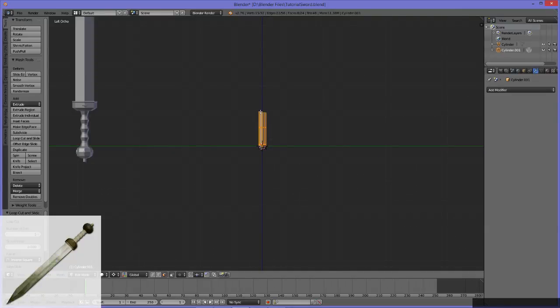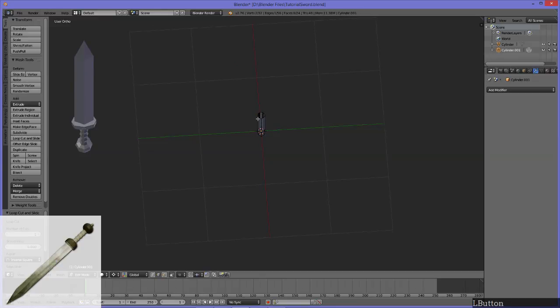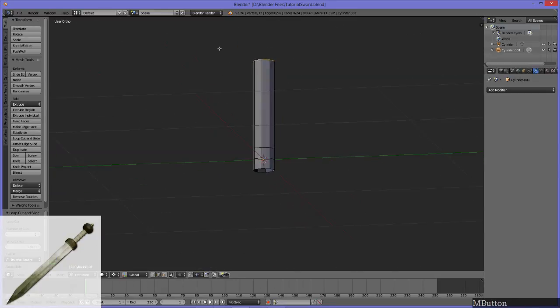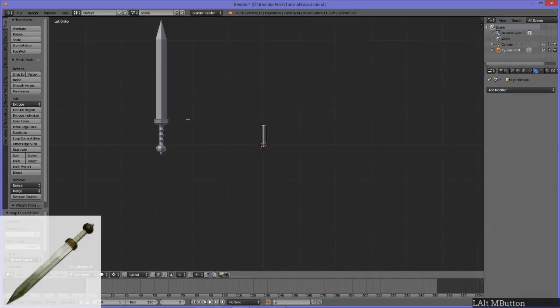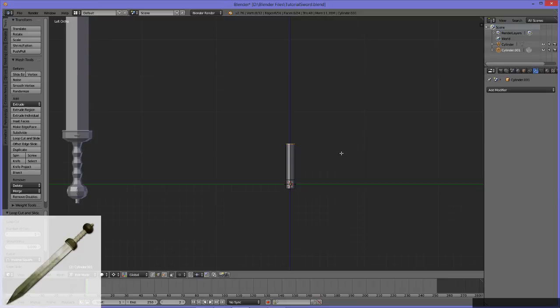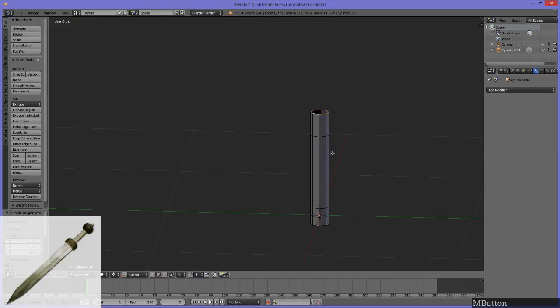Alright, and then from here, so we kind of have the handle here in its basic form. So we can move on to the cross guard, or whatever you want to call this part of the sword. So I'm just going to extrude it, move it up with Z, and then I'm going to press S. S in Blender is scale. So I'm going to press S to scale, and you see it's moving based on the